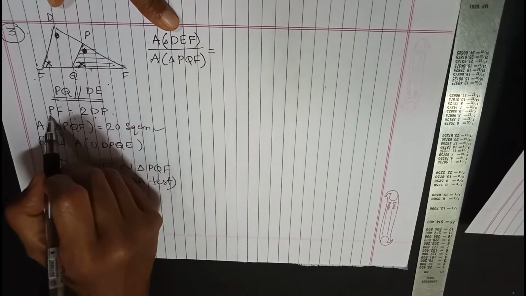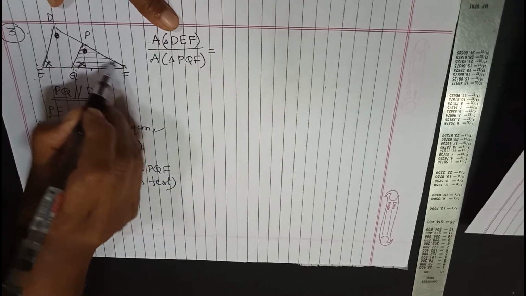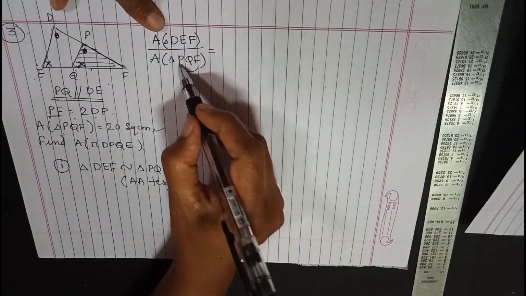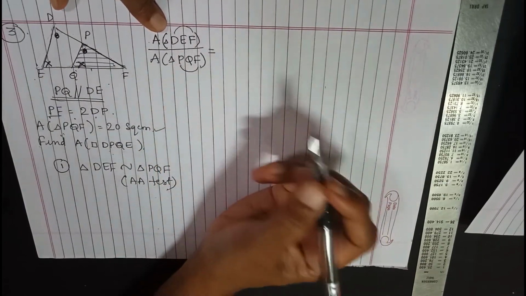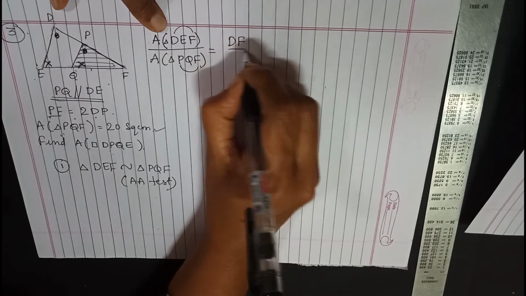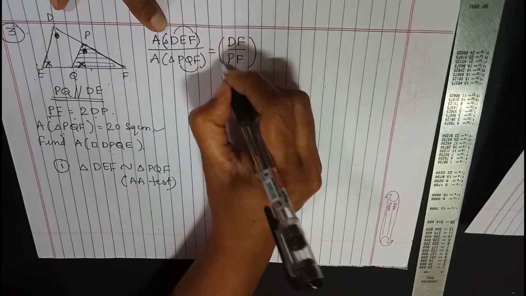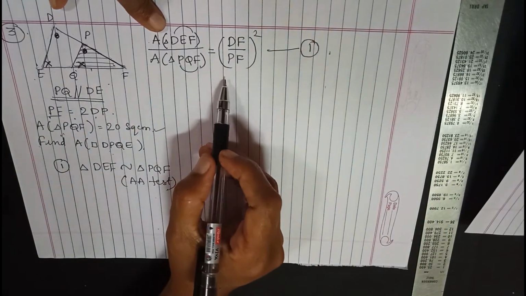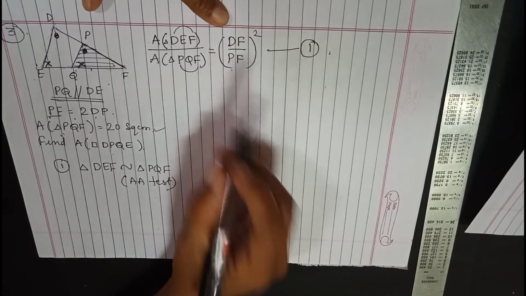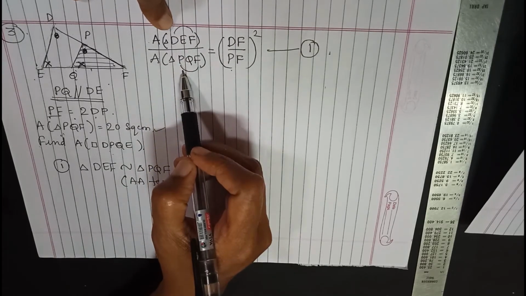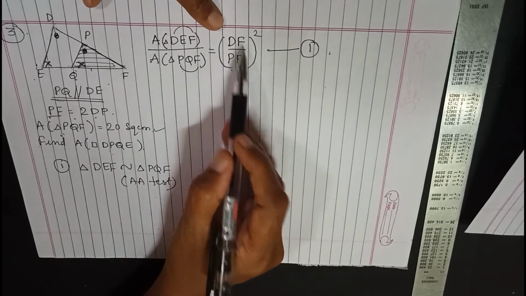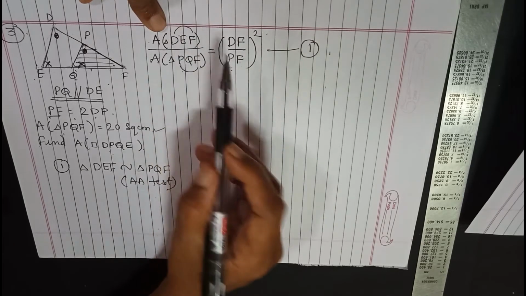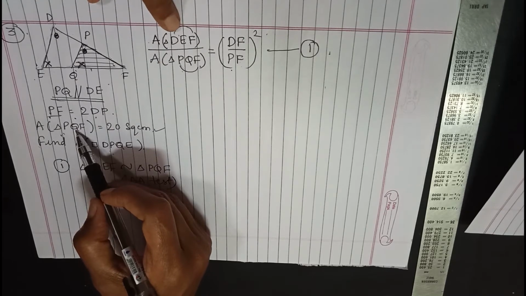in the question. So you can see PF is given in the question. So we will be using this corresponding side PF. You can see this is PF, and corresponding side to PF is DF. So we say DF upon PF whole square. This is equation number 1 using theorem of areas of similar triangles. So I got area of the bigger triangle upon the area of the smaller triangle, one pair of corresponding side raised to 2. Now this value is given to us. PQF is given, we have to find out this.